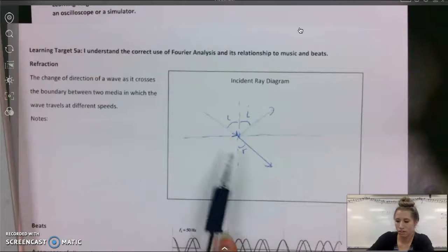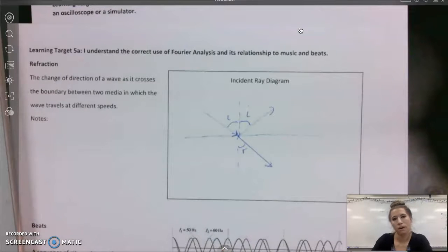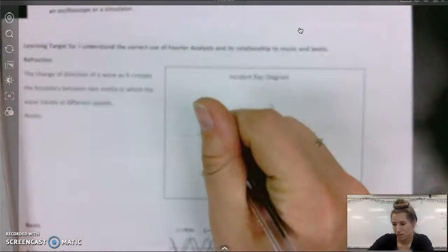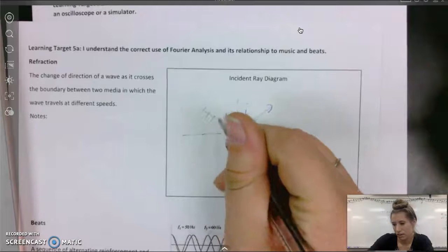And that's because of this interaction right here, where part of the wave is in the new medium and part's in the original medium, and the speeds differ because of that. Okay, and so if we have a wave entering this medium here, like let's say we have wave fronts coming in,